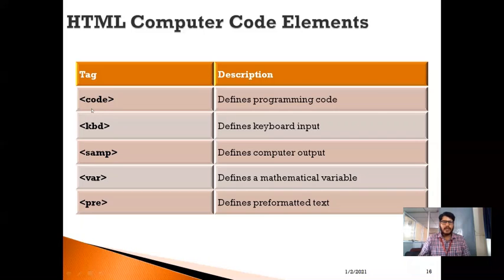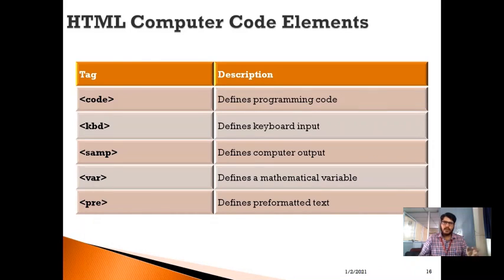So what are the tags we can use to implement the computer code elements in HTML? The first tag is code, which can be used to define programming code in the document. Assume that in a web document I want to highlight the source code itself.